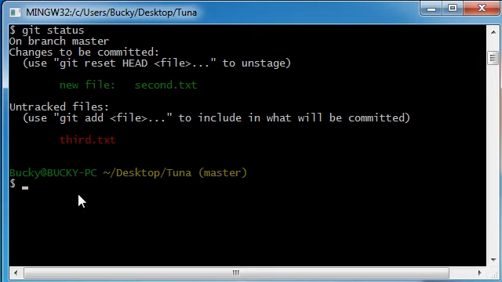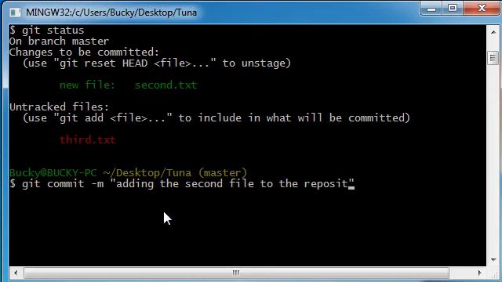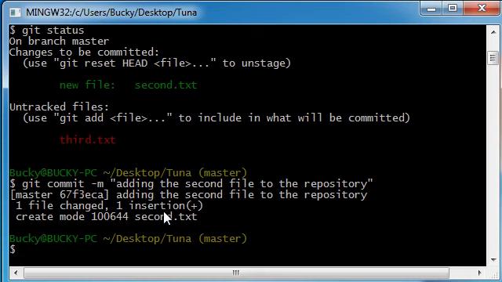So let's just go ahead and press git commit. And now what this is going to do is it's going to take all the files from your staging area, which is this second text right here, and it's going to push them to the repository. So git commit -m "adding the second file to the repository", and hit enter, and it gives you a bunch of messages,